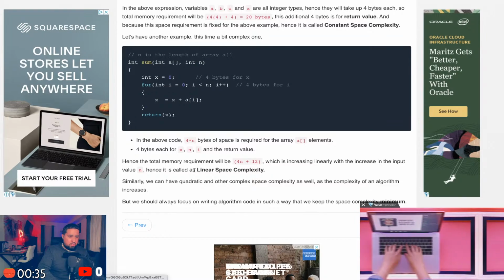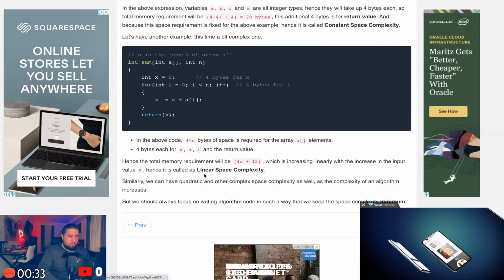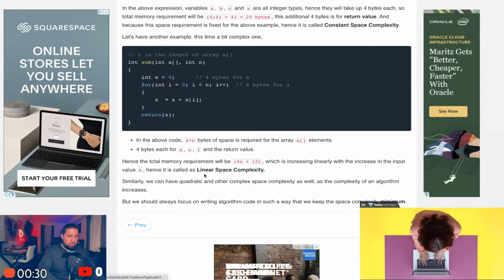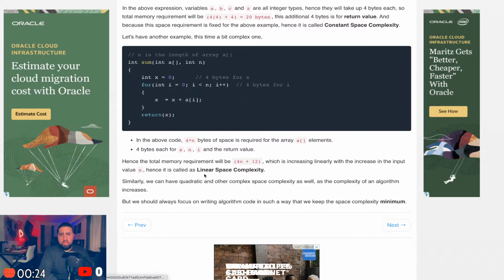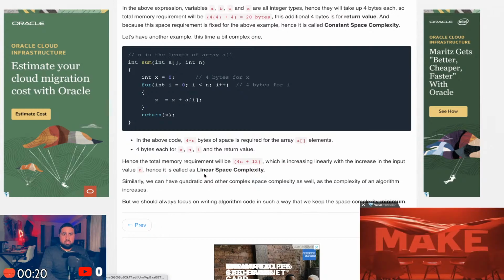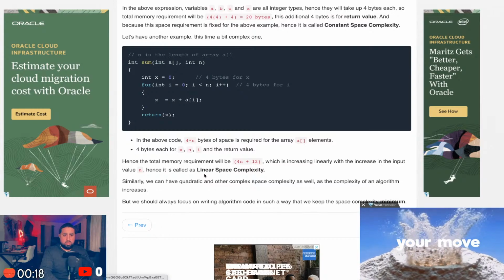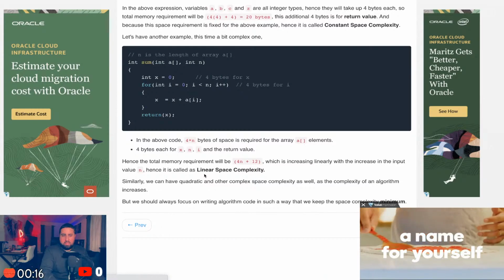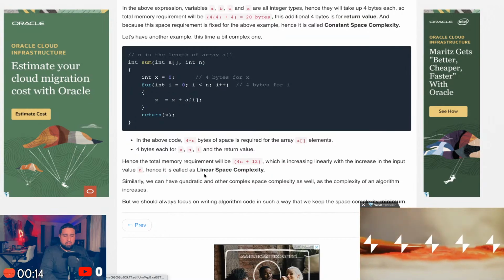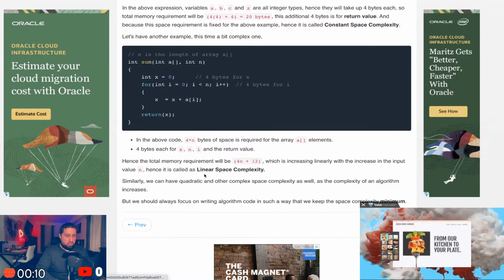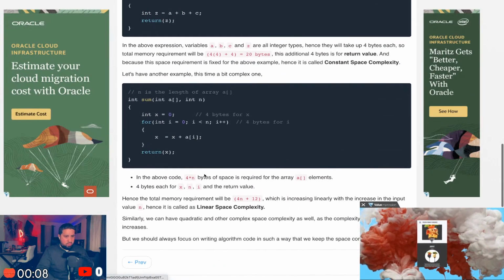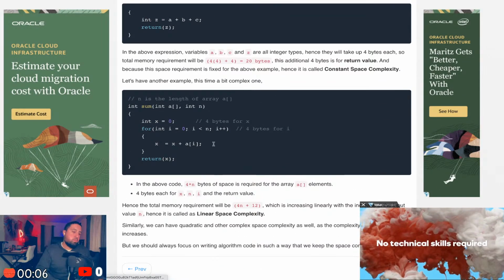Hence it's called linear space complexity. So if I'm holding a variable that has an array, from a space-time complexity side of things, is it because it's growing? Do I apply that same mindset to those? But what if I have more than one variable that have a couple of arrays? I don't know how to calculate that. So I have to get better at space complexity.